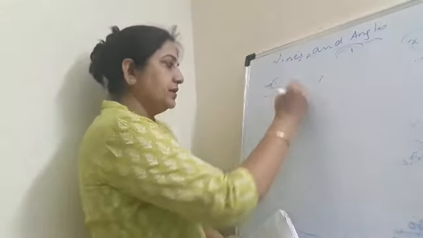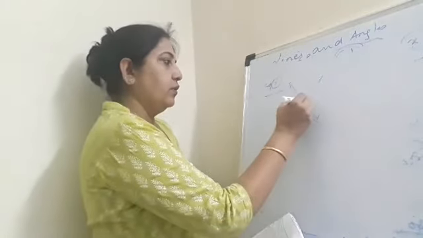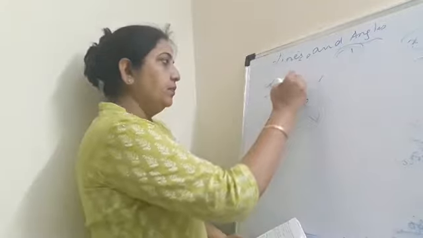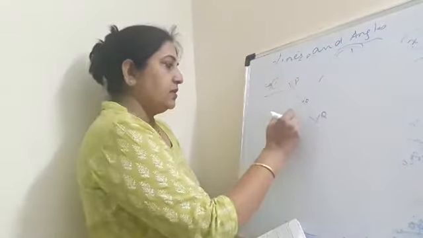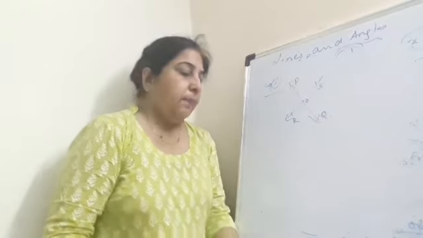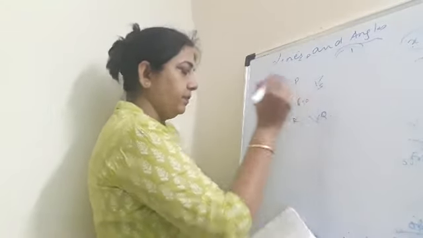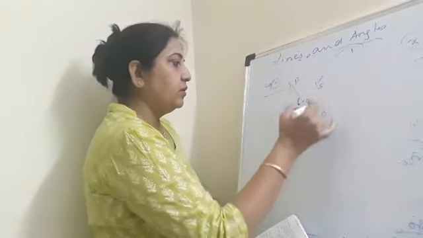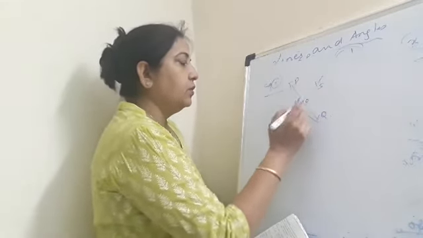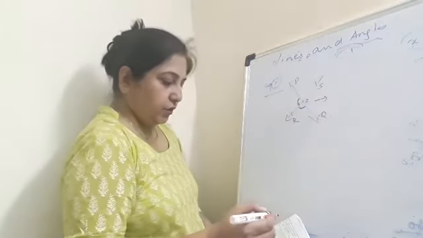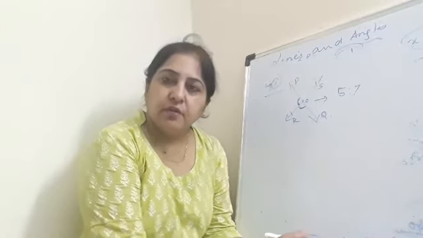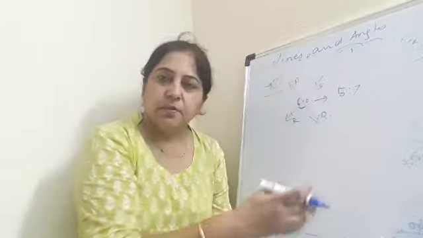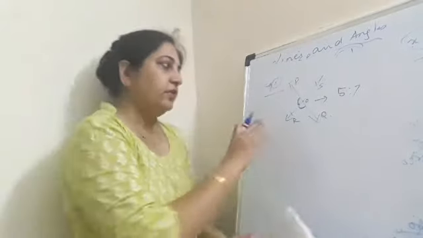These two lines are intersecting at O, right? The names of these lines are PQ and RS. These are rays, and the 2 rays form a line. Then this is R and this is S. So they intersect at what point? O. It's given that angle POR and ROQ, where is ROQ? This one. They are in the ratio of 5:7. As I told you before, if there is any ratio given, you can convert that ratio into a multiple of x, and then we'll take up the property whatever we need here.